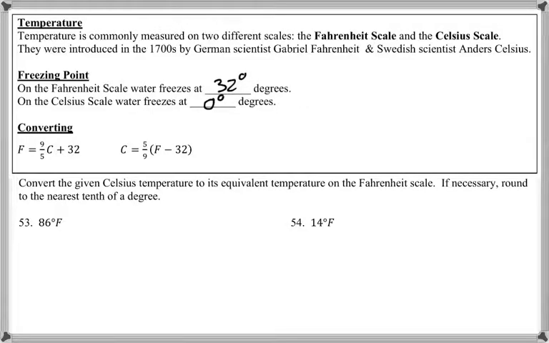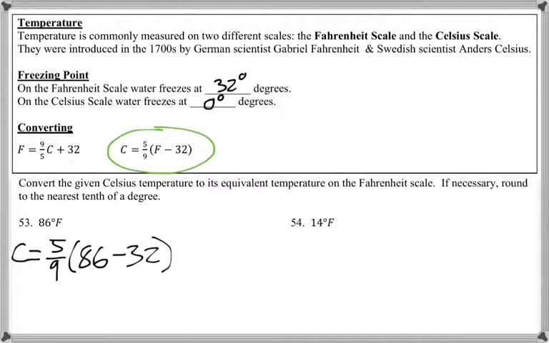Questions 53 and 54 are going the opposite direction. So we're given a temperature in Fahrenheit and we're trying to convert it to Celsius. So we need to use this conversion. So this is going to be 5 over 9 times, and in parentheses it's going to be 86 minus 32. Now I'm just going to type this in on the calculator exactly as I see it,